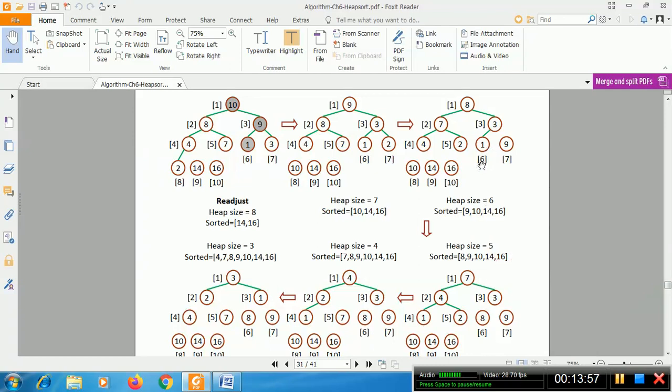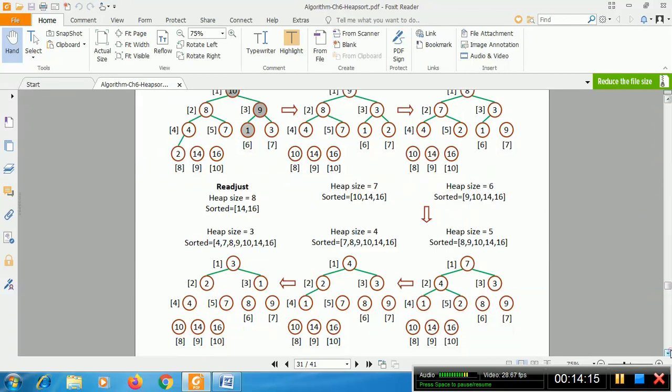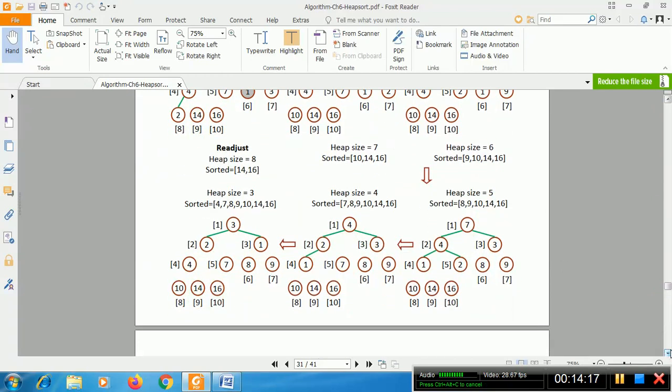Again we will swap the 1 element to the root node and follow the max heapify property. So 1 moves to index 4. So this follows the max heapify property. We again remove the root element, which is the sorted position.